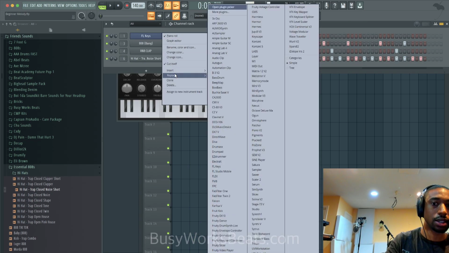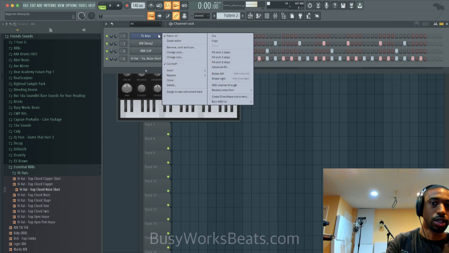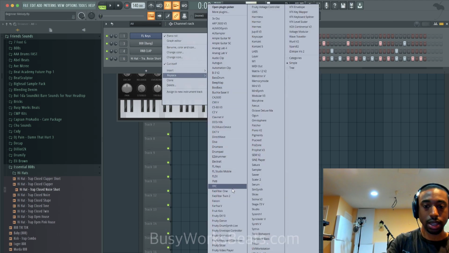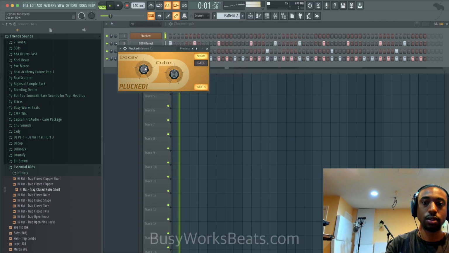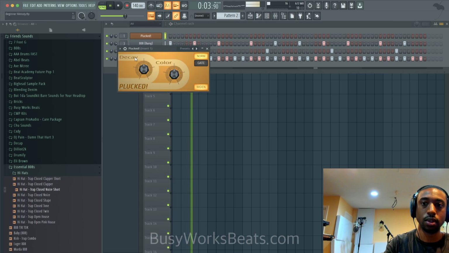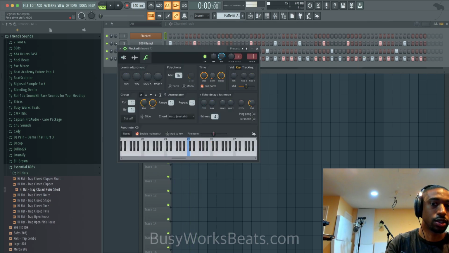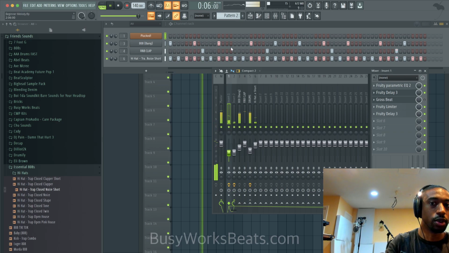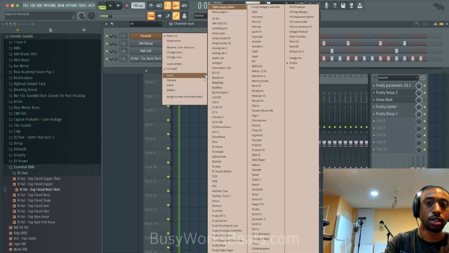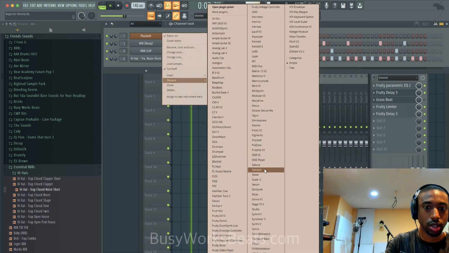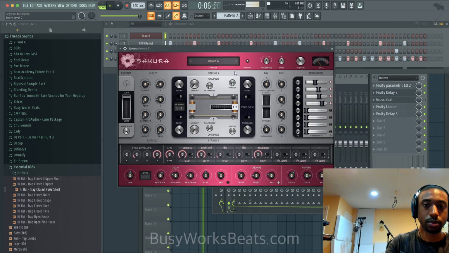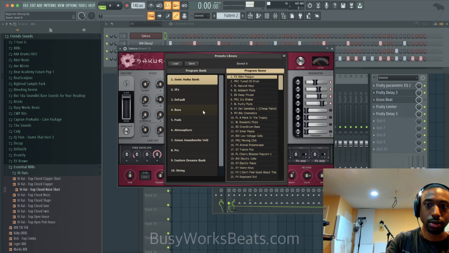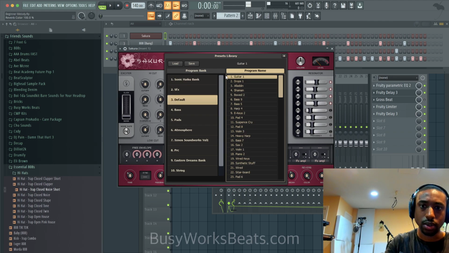What happens if I swap the stock sound for like a... You can really swap it at this point for any sound. Let's use, I'm trying to think of a random plugin. Let's use Plucked. So at this point, you have everything set, so you could just swap out the sound. I'm just gonna prove it by clicking on random presets. Let's do Sakura. Now some longer sounds might not load up. Let's do, I don't even know what these are.